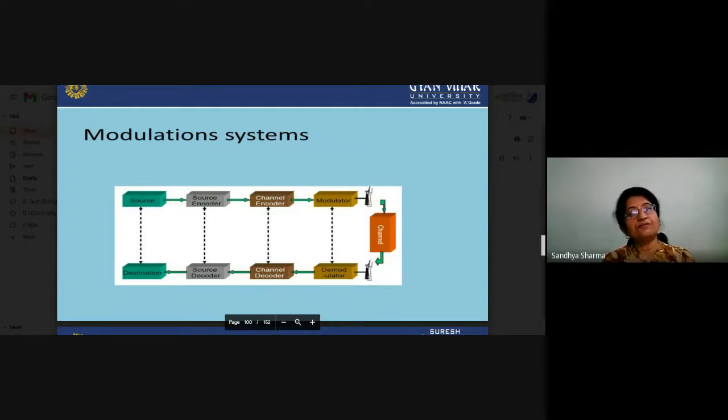The only difference is that at that time we had analog signals, but now, if we are working on the digital modulation techniques, we have digital signals as modulating signals. So we have to work on the digital signals, and these digital signals have to be transmitted to longer distances.